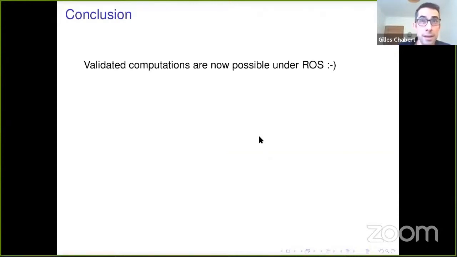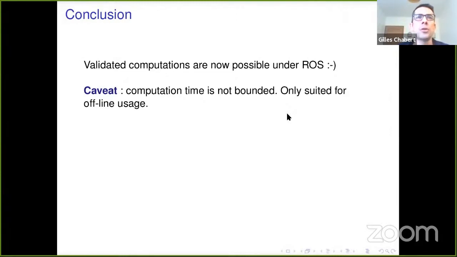Validation computations are now possible under ROS because we made a connection between IBEX and ROS, and there are already several examples of nice things we can do with that. The shortcoming, as I evoked just before, is that computation time is not bounded. So you cannot use interval computations in a real-time context. It's only suited for offline usage. So this is the price you have to pay to obtain complete and validated